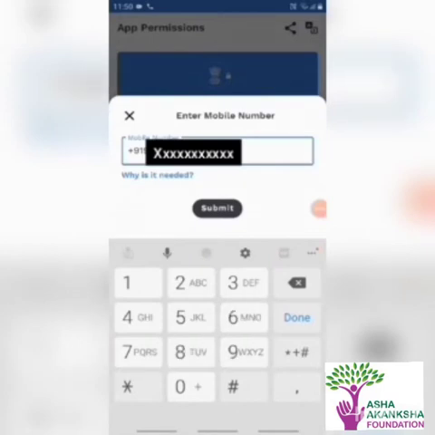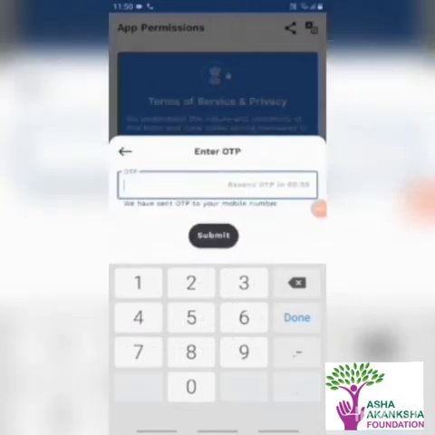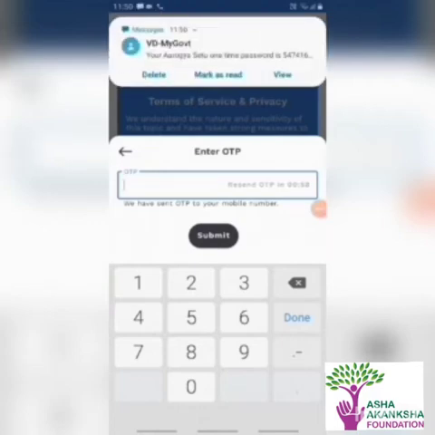Enter the mobile number and the OTP received. Enter the OTP manually or wait for the app to detect it automatically.